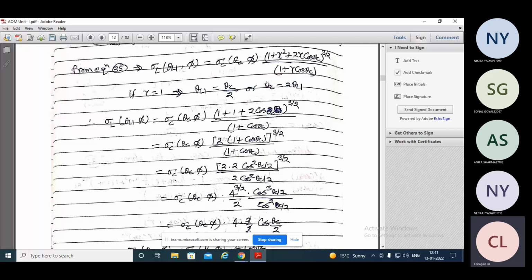तो हम इसको ऐसा लिख सकते हैं 1+1, गामा की जगह 1 रख दिया हमने, फिर से ये ट्वाइस, फिर ये कोस थीटा, तो जो थीटा आ रहा है हमारे यहाँ पर देखिए थीटा सी, इसकी जगह आएगा ट्वाइस कोस थीटा, सॉरी कोस थीटा सी रख लीजिए, इसको आप 3/2, और नीचे भी आपके पास 1+कोस थीटा सी है, तो आप इसको इजी वे में सोल्व कर सकते हैं। ये भी 2 है, ये भी 2 है, 2 कॉमन ले लिया हमने, और 1+कोस थीटा सी की पावर 3/2 ओवर 1+कोस थीटा सी। यहाँ पर जो चेंज आ रहा है